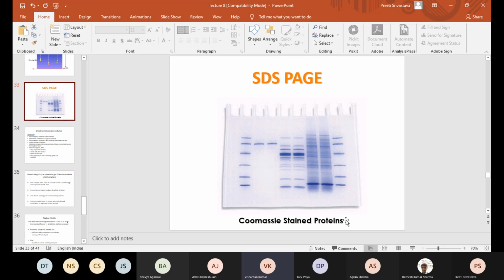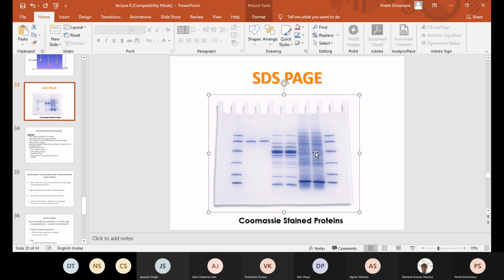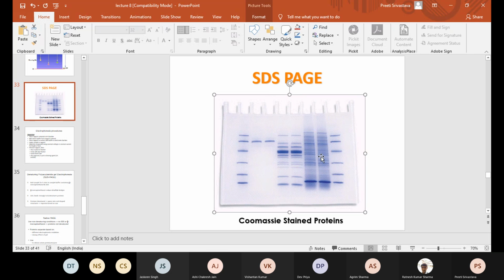Ma'am, in this figure, why do lanes 6 and 7 have such a long trail and other lanes don't have a trail? So this is based upon the different samples. Maybe in the next class I will show you some real gels. For example, I can clearly tell you from this gel, the leftmost and the rightmost lanes contain molecular weight marker, where you can see the bands totally consistent at both places. That is the molecular weight marker.